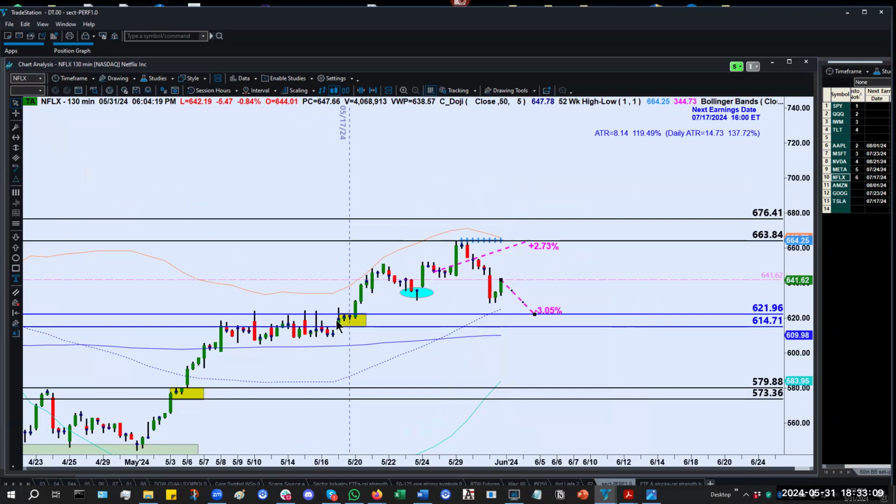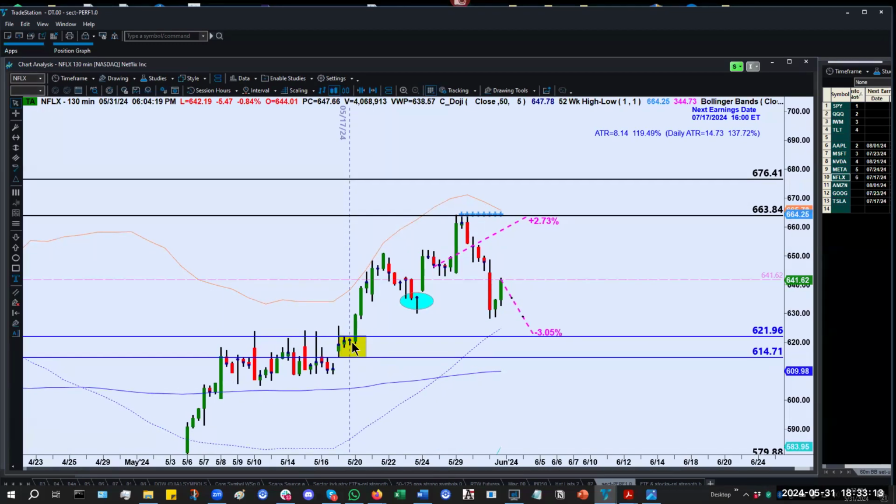Again, there's that rally formation. Right in here is where supply and demand were in balance. And then right here, of course, there's that sudden exhaustion of sellers, and then price rockets out of there. And so again, the expectation is when price returns to this region, this is where we would express a bullish